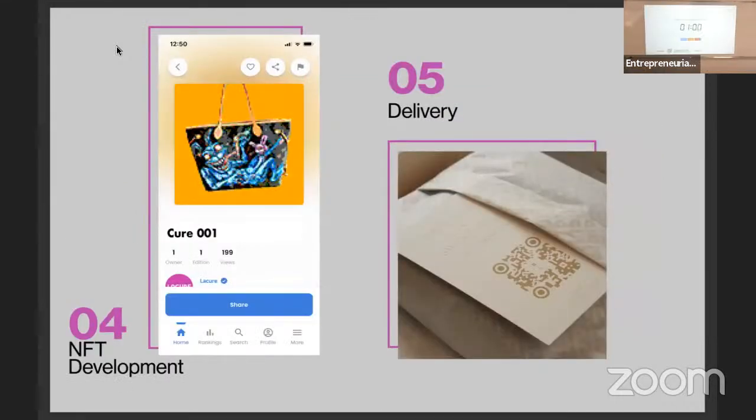When Julia finishes the design of the handbag, it will be handed over to La Cure again. Here we make it a never-ending experience and create a unique NFT of the customized bag. The customer can decide between a digital or physical delivery, where the physical delivery is accompanied by an exclusive meet and greet with the artist.